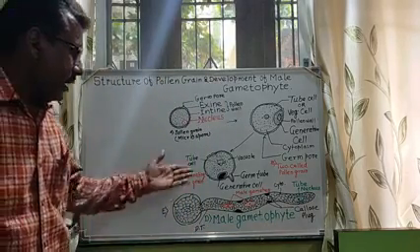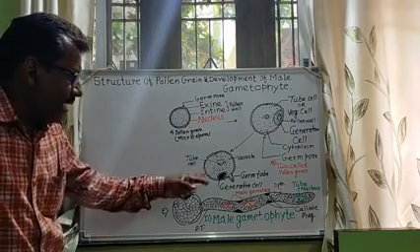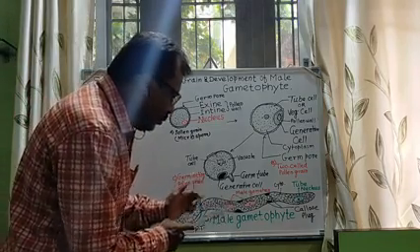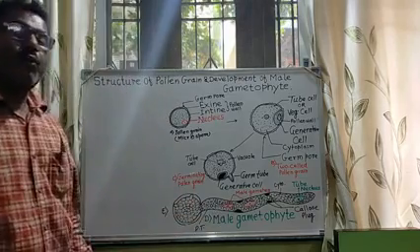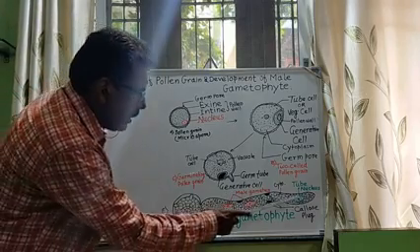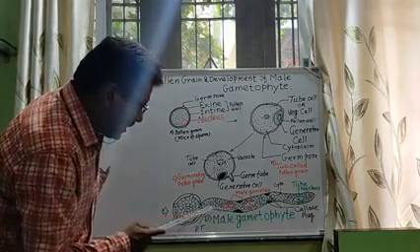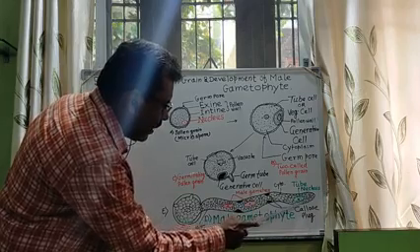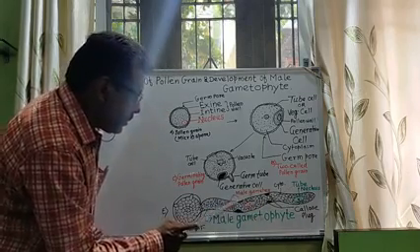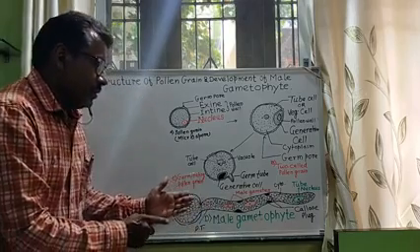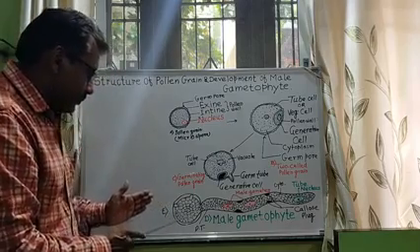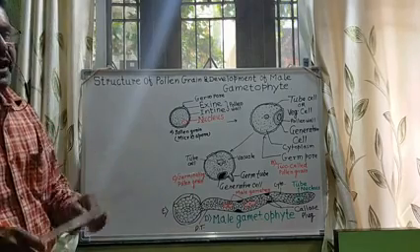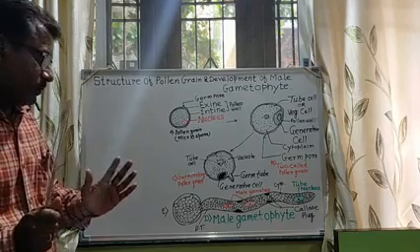Here the generative cell divides into two male gametes. Here are the two male gametes, shown in red, and one is the tube nucleus. There is a large cytoplasmic portion here. This is one tube nucleus and two male gametes. Such a structure is obtained. This is the male gametophyte of an angiosperm.